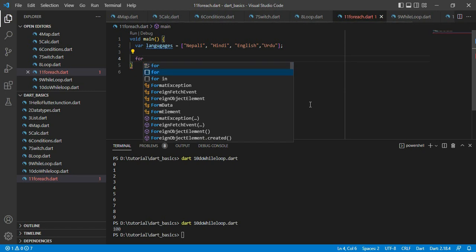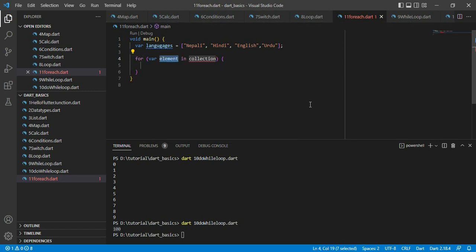You can type for, and you can see here for in, and click on enter, and then let's say language in this list. For this language, this is the variable, and because it's languages, I kept it language. If it was items, I would place it item. It's the naming convention, it doesn't matter. And this is the languages variable. If we keep this anything else, we shall get an error, so it should be the list. For language in languages, we print